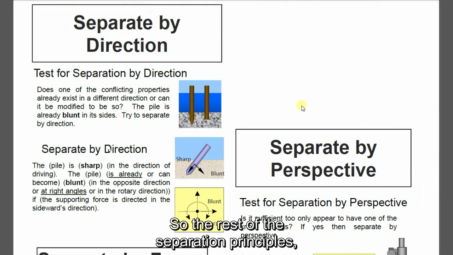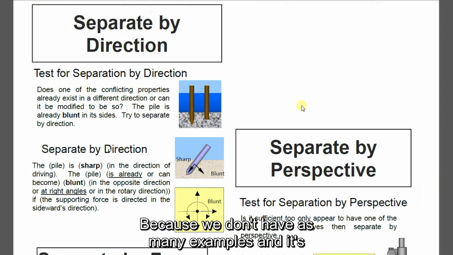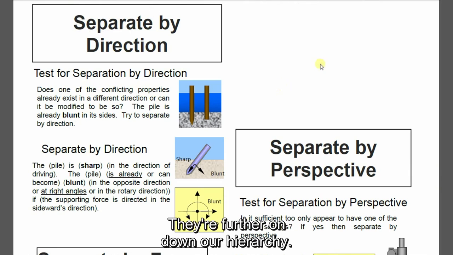So the rest of the separation principles, we're going to go through more quickly, each of them, because we don't have as many examples, and it's not as often that you're resorting to these. They're further on down our hierarchy. So separation by direction is